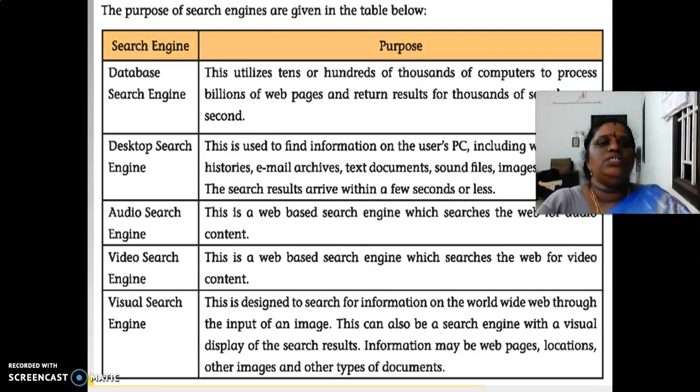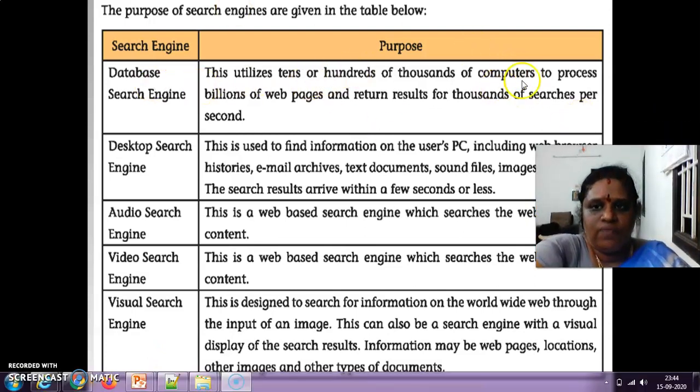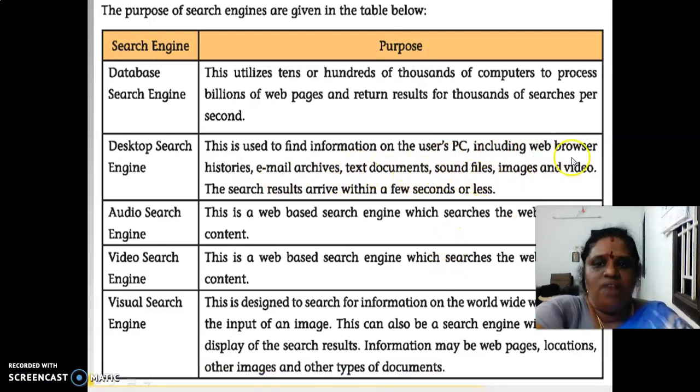Database search engine, purpose: this utilizes tens or hundreds of thousands of computers to process billions of web pages and return results for thousands of searches per second. Desktop search engine: this is used to find information on the user's PC, including web browser histories, email archives, text documents, sound files, images, and video.